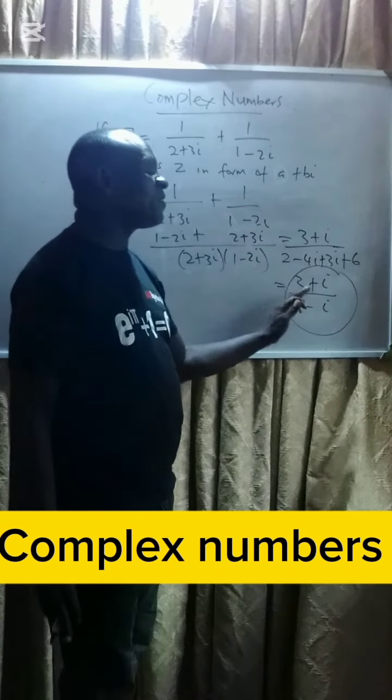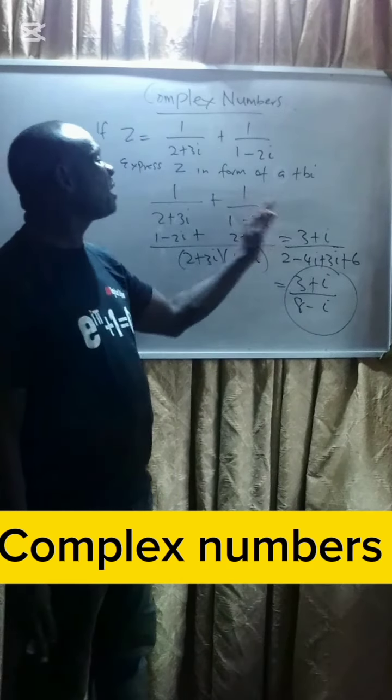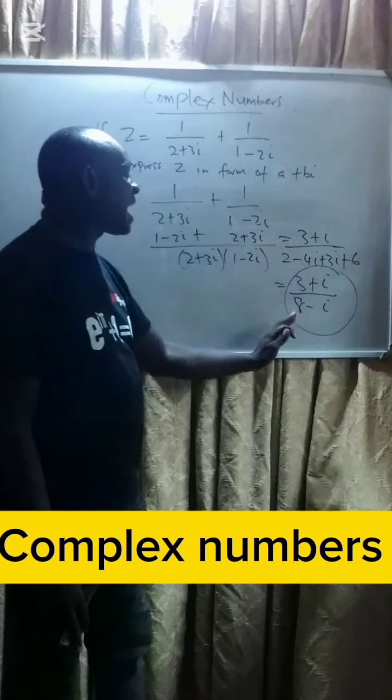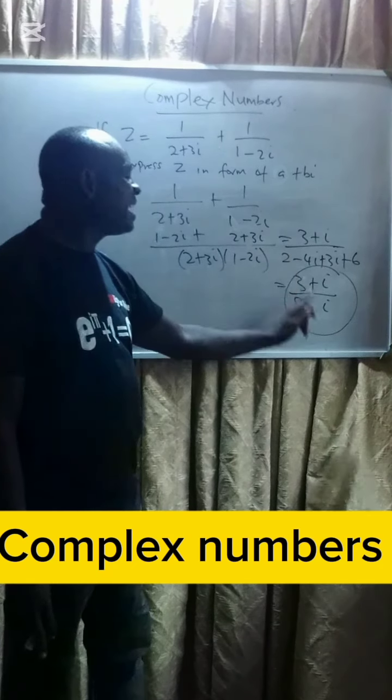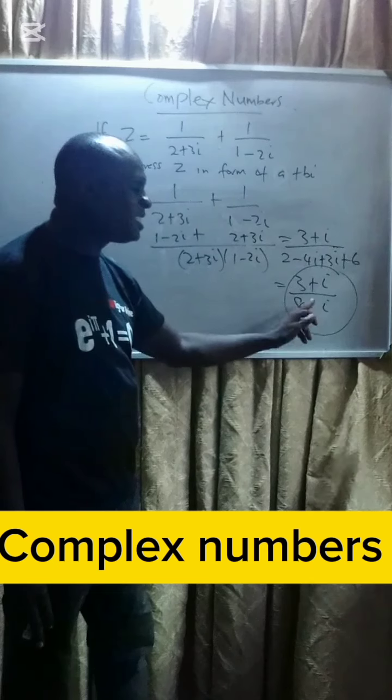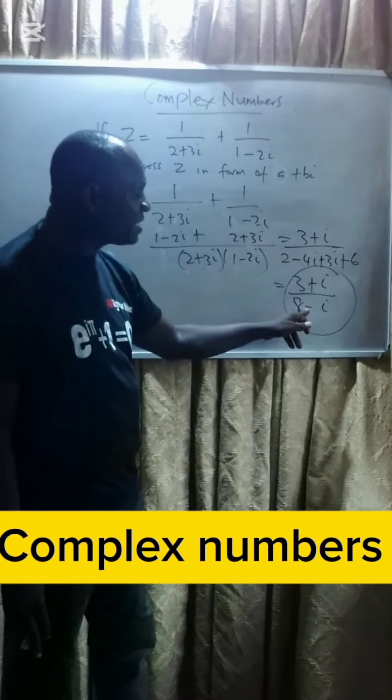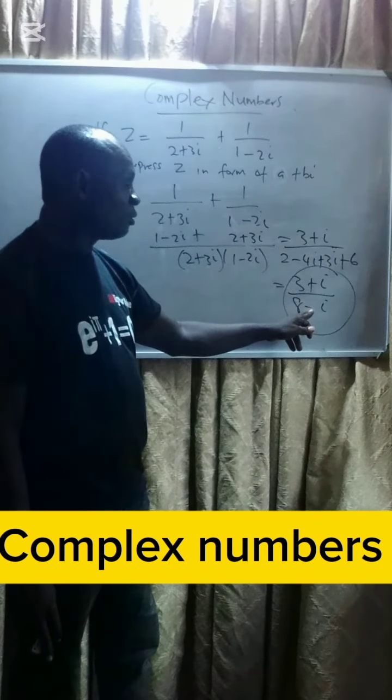Now this is not the final answer. For me to express the whole of this as a plus bi, I have to evaluate this by taking the conjugate of this denominator. What I mean by the conjugate of the denominator is to simply change this sign to a positive sign, and